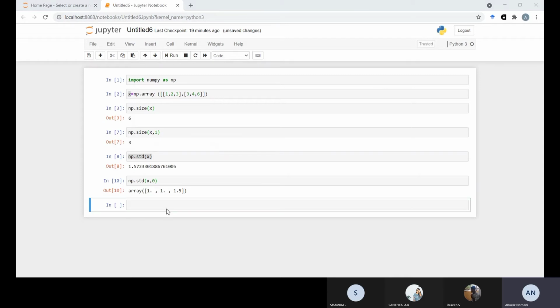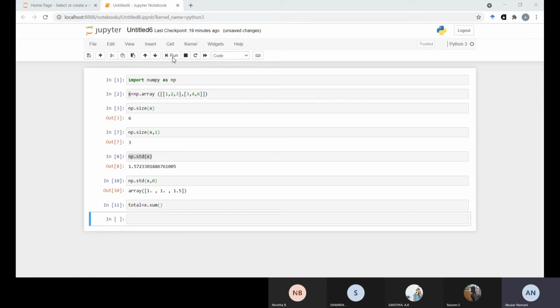One more function I will show you, the total. It will show you how much total of this matrix or array it will give you. So for total, what is the command? Total is equal to x dot sum, x dot sum, then braces. If in braces x is equal to 1, we will put